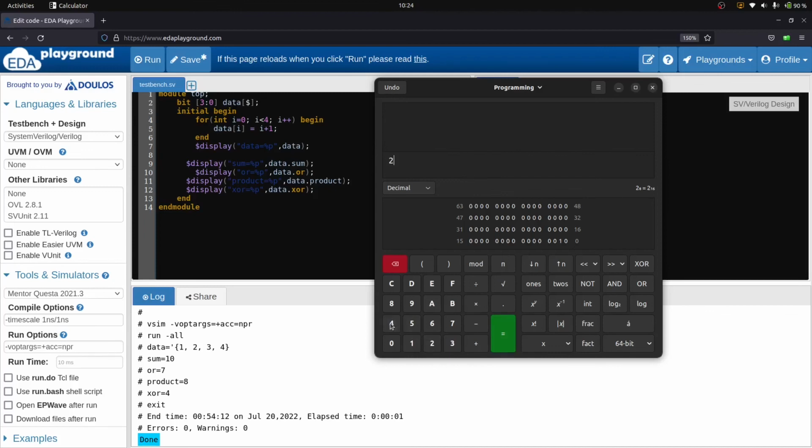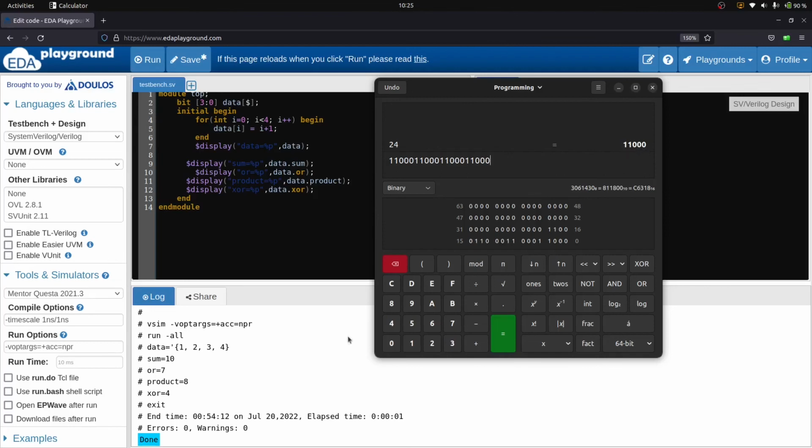So let me write the 24 in decimal and convert it into binary. When we convert into binary, the total number of bits required is 0 1 2 3 4, 5 bits, meaning 4 down to 0, and here I am using 3 down to 0. So 1 bit is less, so it truncates the value of this 1 and it is giving 8.